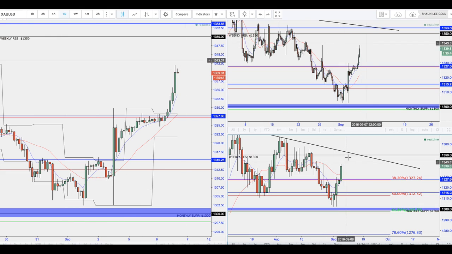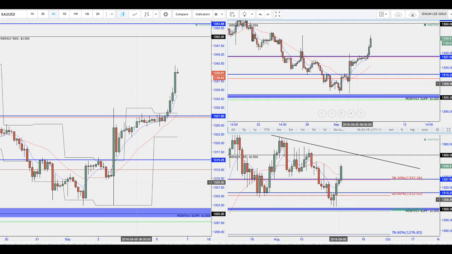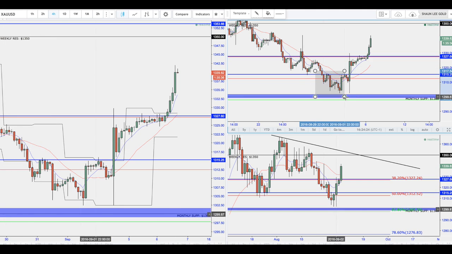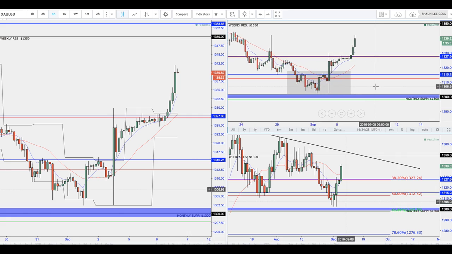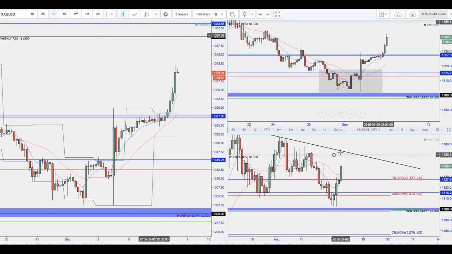But instead of waiting for the trend line break and so forth, we can zoom into the 4-hour, per se, and look for entries around here. So in this case, we could maybe have found a simple box area of consolidation like that. And then we could recognize what's going on on the higher time frames, i.e. we're looking at the 50% retracement back to the upside. And instead of waiting all the way until maybe, in this case of gold, 1355 or 1360 to go long,